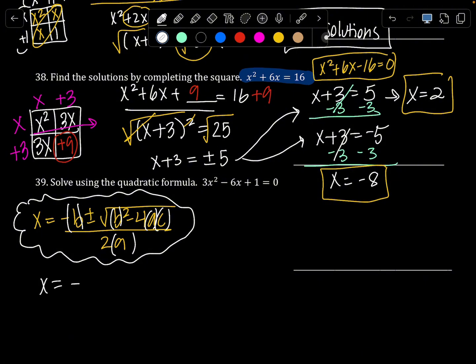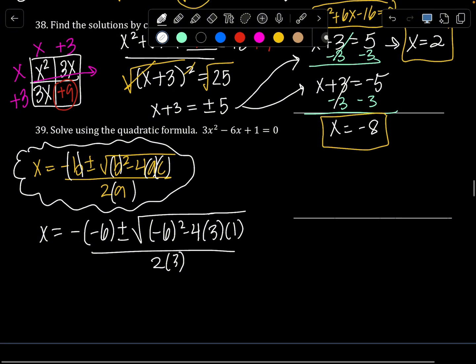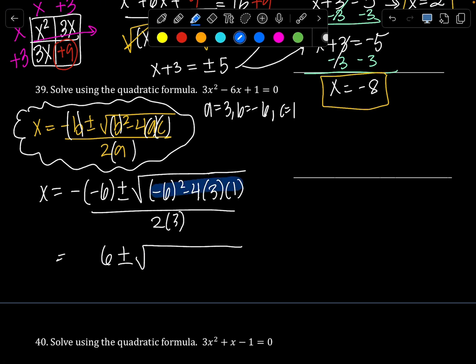x equals negative parenthesis negative 6, plus or minus the square root of negative 6 squared minus 4ac, all over 2 times 3. So a equals 3, b equals negative 6, c equals 1. You get 6 plus or minus. You plug this into your calculator, just the inside. Sometimes you'll see that it makes your life a whole lot easier when you start there. And you get 24